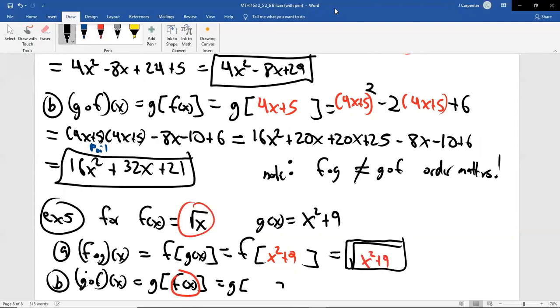So this is g of square root of x. And then that tells us to go to the g function, which is up here, and we turn its x's into whatever is inside the bracket, square root of x. So this is going to be the square root of x squared, then plus 9. See, the x here has turned into a square root of x. It wasn't a multiple term thing to plug in this time, so it looks too simple almost, but this is